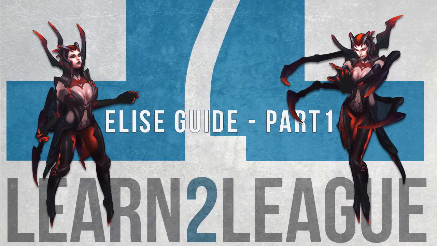This is going to be part 1 of 2 for an Elise guide. The patch is 3.14, so there's a lot of new things to the jungle. This is just basically going to go over runes, masteries, and some of the item builds I've been using in 3.14, and the next video will go more into just specific mechanics and how to gank and such as jungle